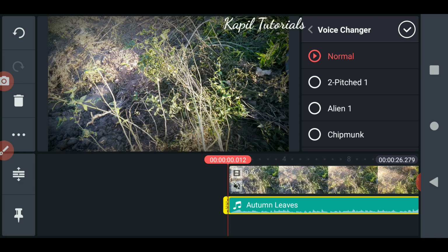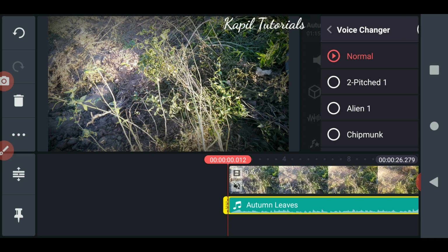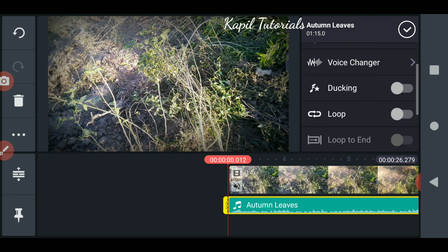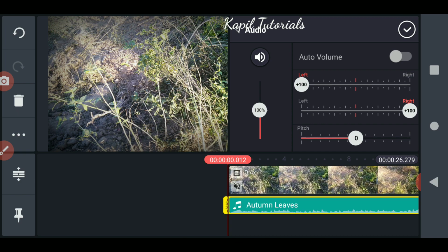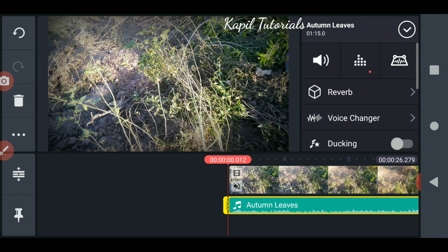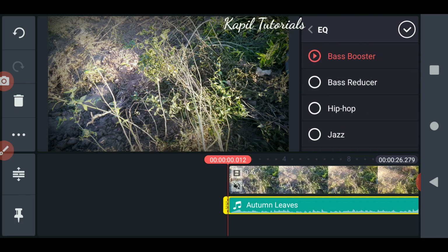Yes, the voice changer effect, that I told you I'll teach you afterwards. I was teaching you bass booster, bass reducer. Now it will decrease the bass effect.